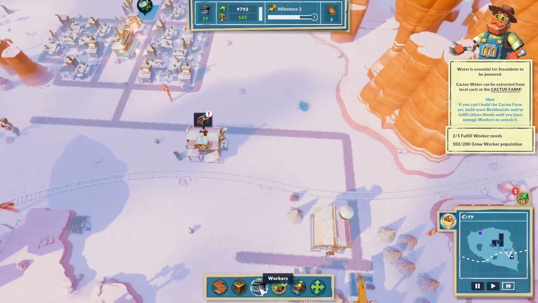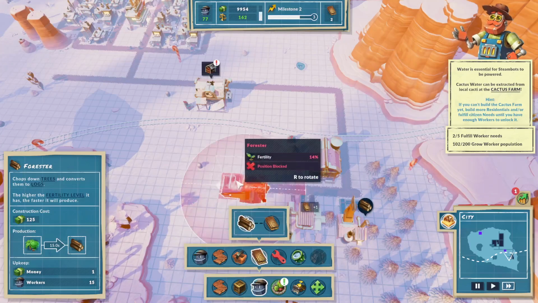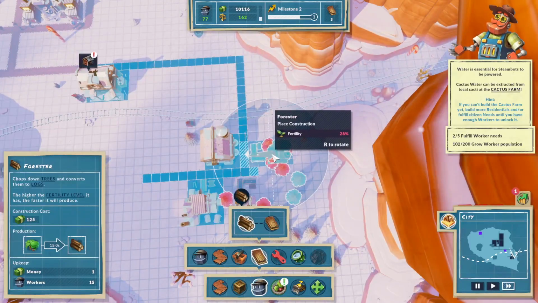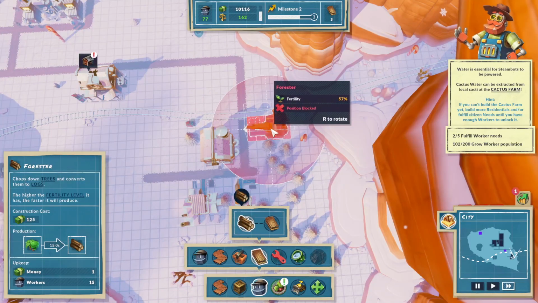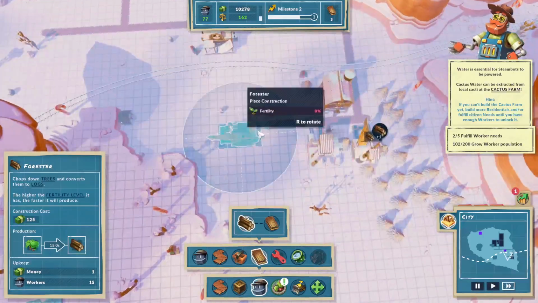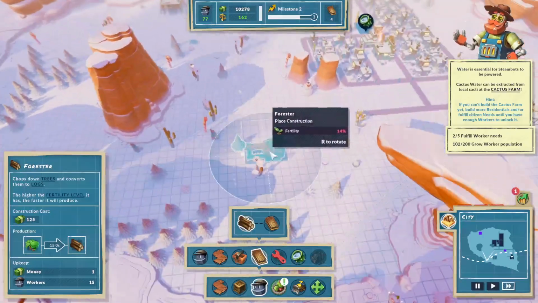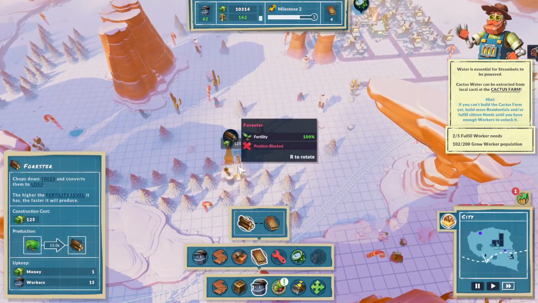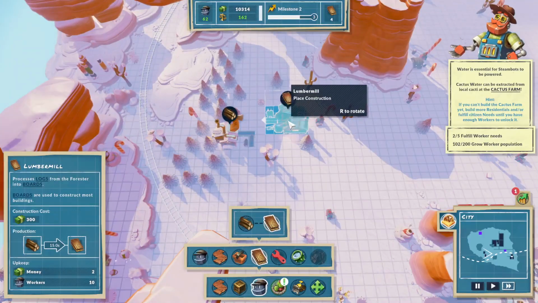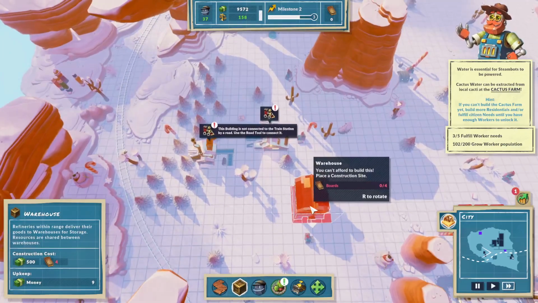Now we may say, oh, we should just increase our lumber. The problem is we could do that, because it actually doesn't cost that much more money. We can put this here. That's going to negate those trees though. You can see it's only 57% fertility. So the best thing to do would be to put a lumber mill somewhere else where there's more of 100% fertility, which is here. And we can put another one of these maybe on this side. And then you got to obviously put down a warehouse, which this does cost